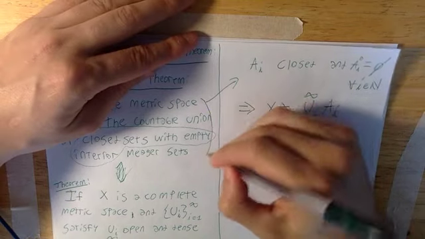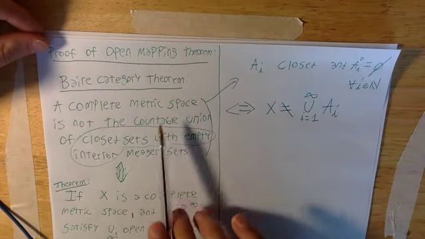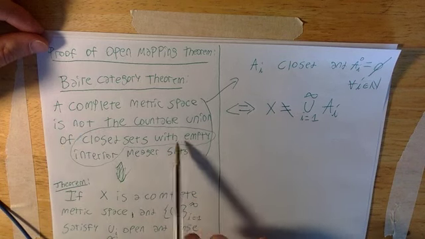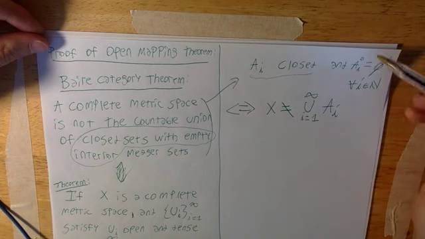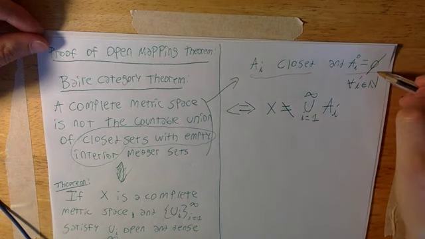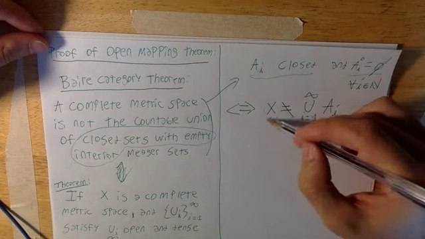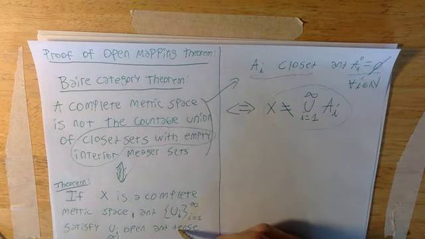Okay, so this statement is basically saying this. If we have a complete metric space, a complete metric space is not a countable union of closed sets with empty interior. So we take a sequence of closed sets with empty interior, then X is not equal to the union of all of these guys. Okay, and let's show that this follows directly from this theorem,